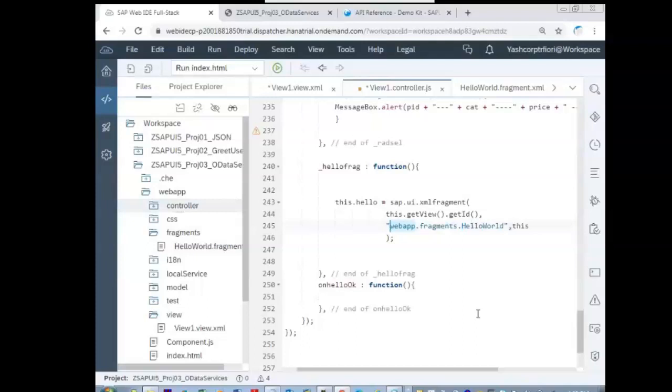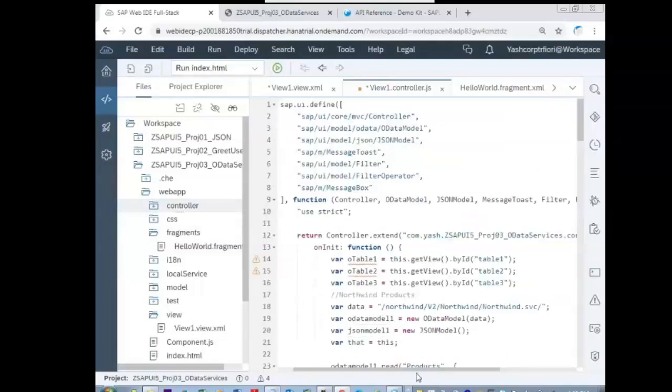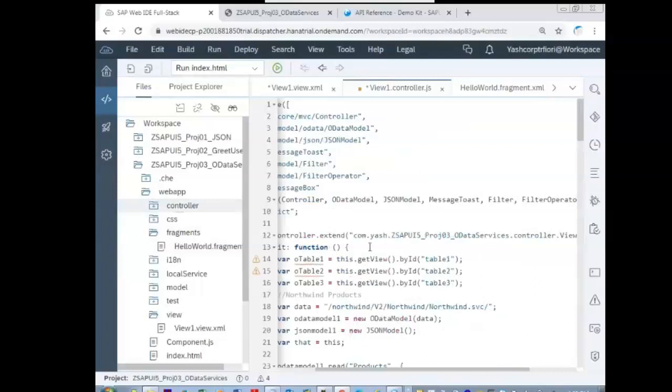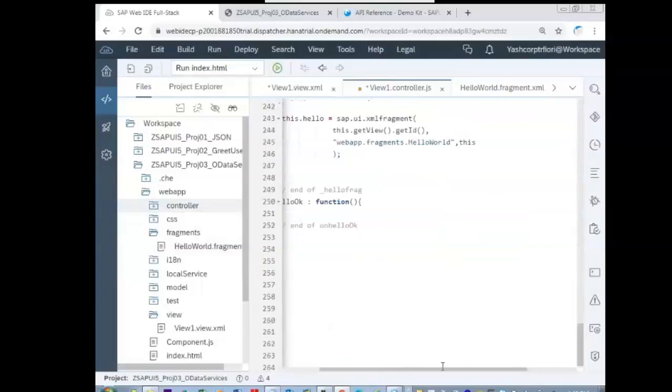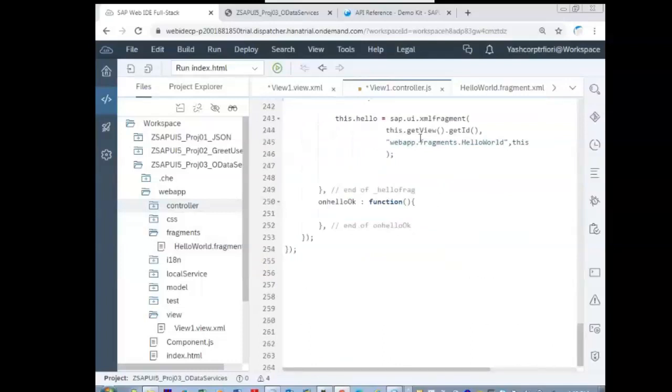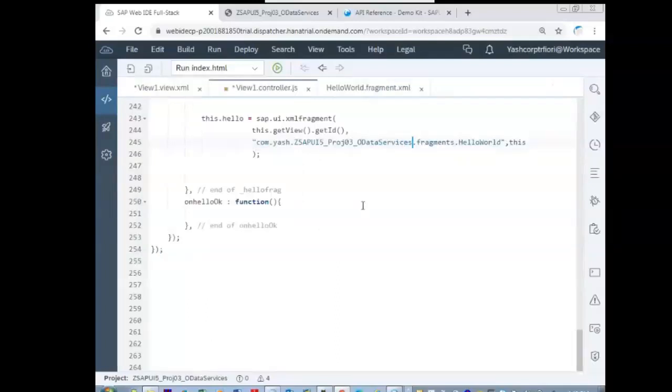To get the namespace, you can collect it from the controller file itself. On the top, inside the controller, you can see till the controller. So this is the controller folder. Okay, so you copy that path. So you might give any name there. Clear?